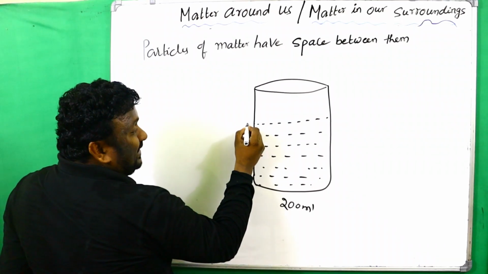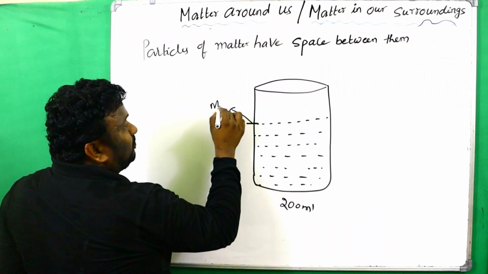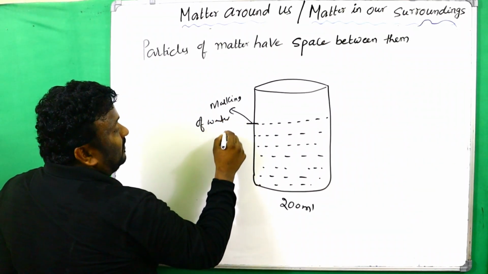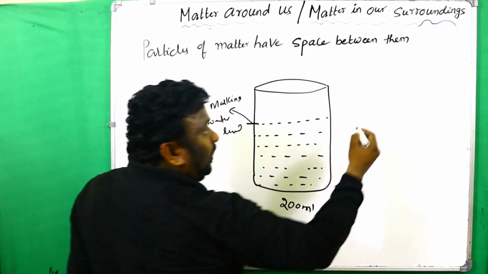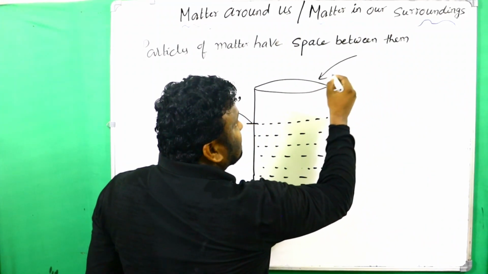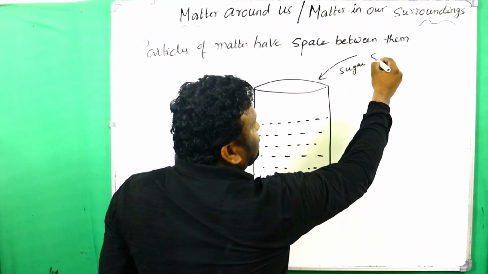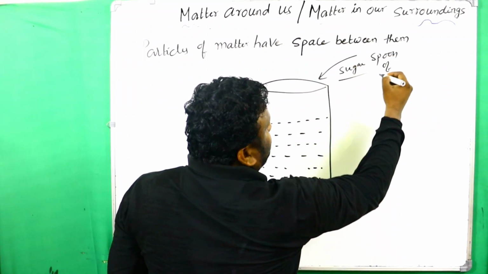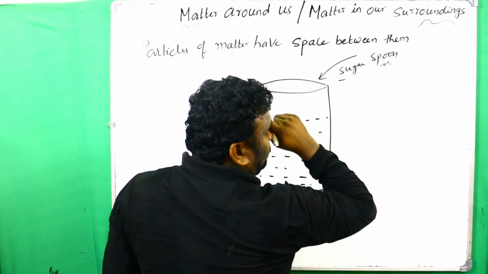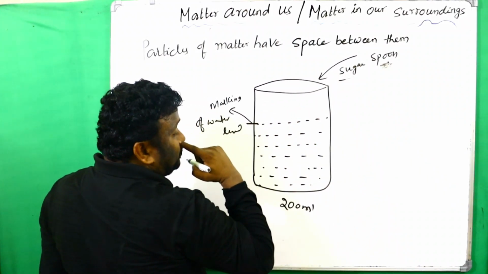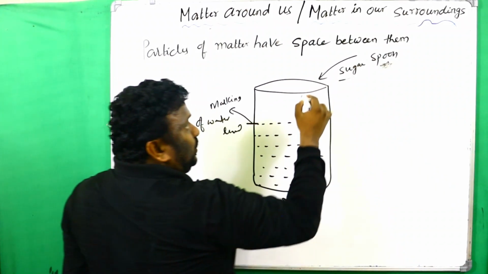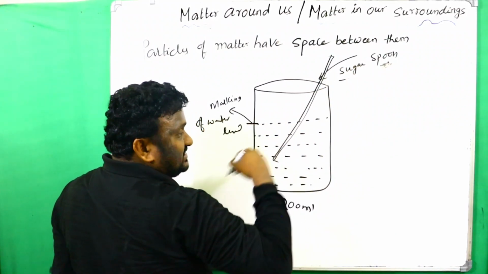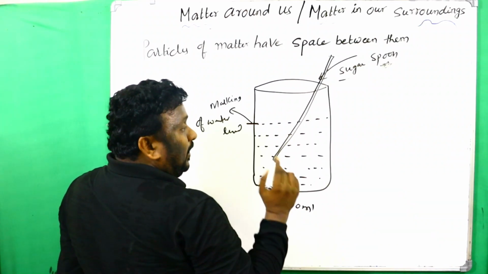Clear? Now you can mark the water level. After that you have to add some sugar crystals, or one spoon of sugar, to the water, and take a glass rod and stir it. Clear? After some time,